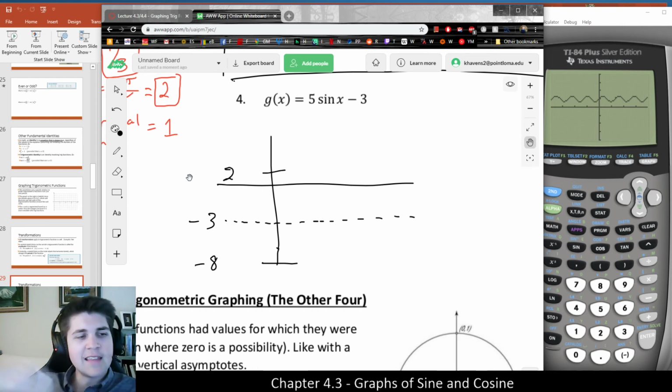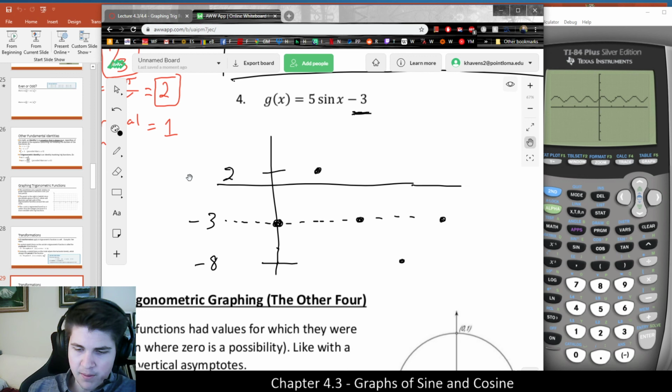But this example kind of highlights too, how do I need to make my range, what value should I use for my y window? But it's all relative to equilibrium, which is always that vertical shift number. That's where I'd begin. And I like to make a dotted line just for an outline. And then sine is going to start at the middle, because sine typically starts at 0 when it's not been transformed. And then it's going to go up to the max, down to equilibrium, down to the min, and come back to equilibrium at the end,